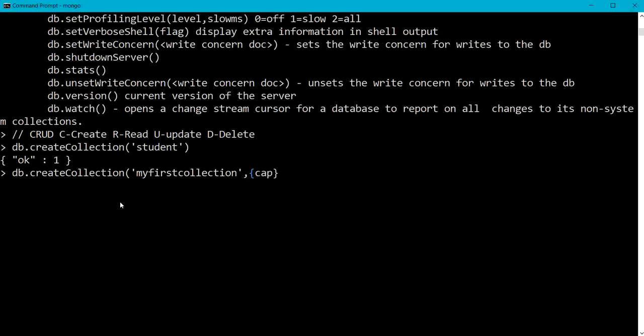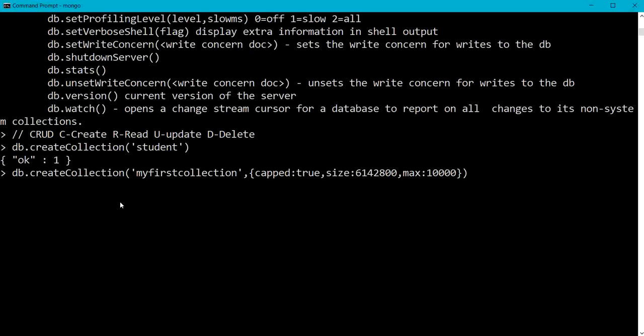So the options are capped as true, comma, size as 614800, comma, max. So here my first collection will be created with the options capped, size and max.